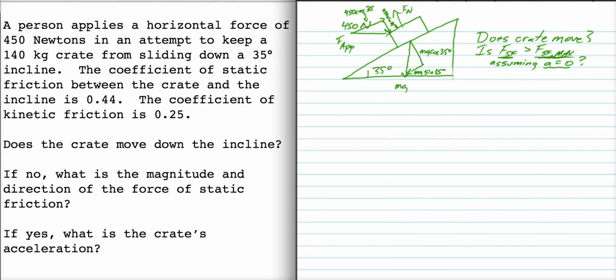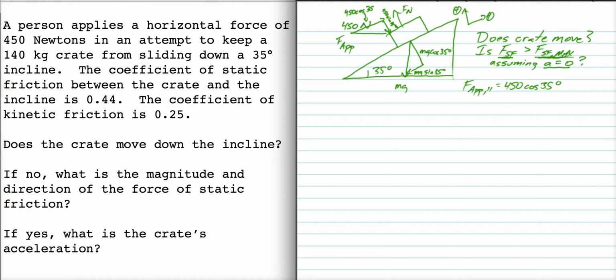Then we've got a force of static friction. I have to decide whether the force of static friction points up the ramp or down the ramp. I also need to establish a sign convention. I'll use the convention that up the ramp is positive. Rather than guess, let me work out the parallel forces. The force of static friction has to equal the sum of the other parallel forces and point in the opposite direction. The parallel component of the applied force is 450 cosine 35,